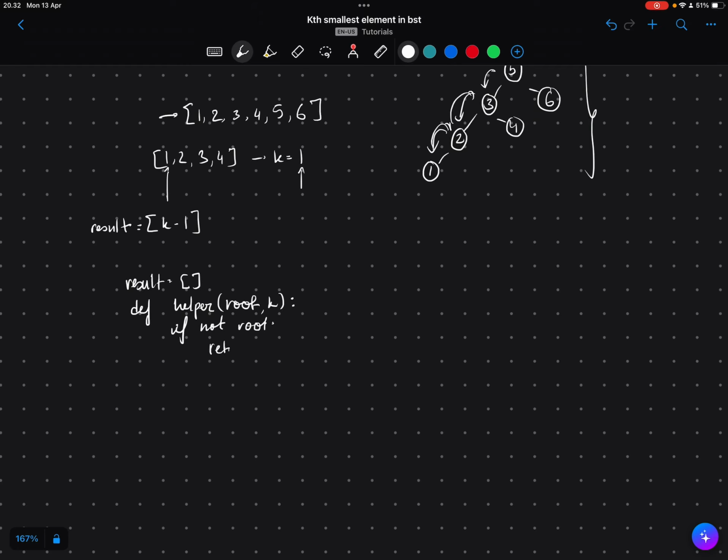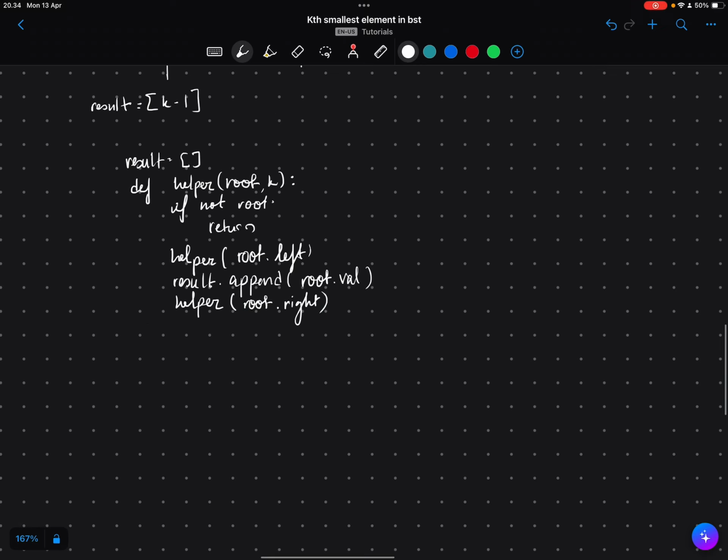I have a helper here. Always like to have one. If not root, we just return, that's our base case. Helper, call it on the left. Left, node, right, so call it on the left. Then results, the value that we are at right now, then do the right, and that's it. You can just leave the function alone, call the helper outside,